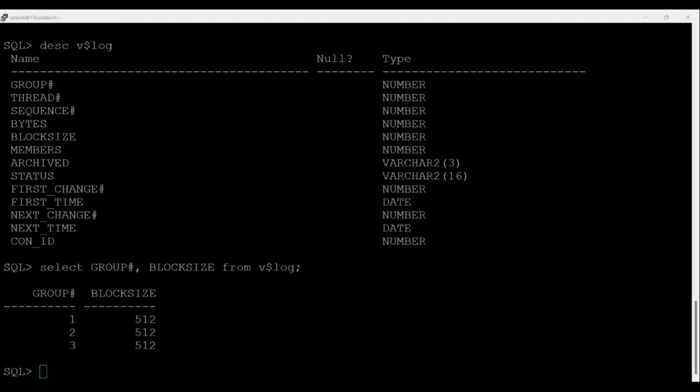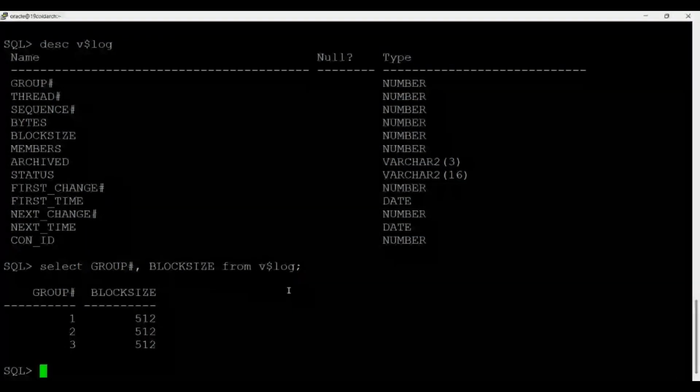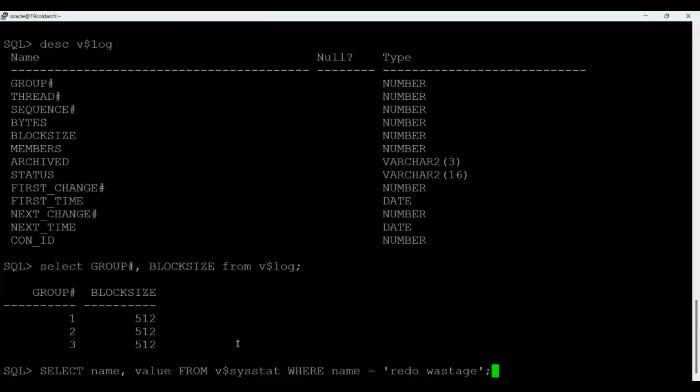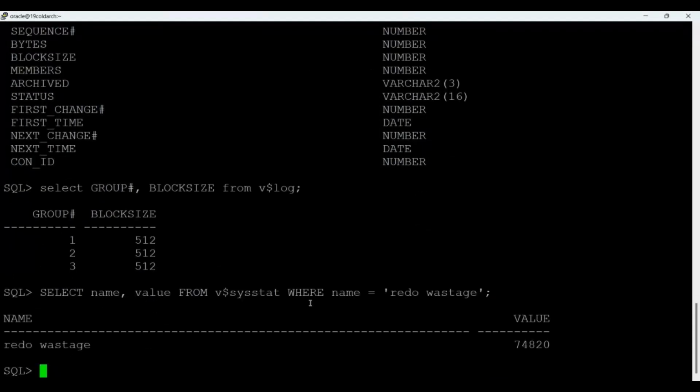Now how will you check redo wastage? We can access v$sysstat. So here redo wastage is 74820. Like this you can check, and in the same way another view is